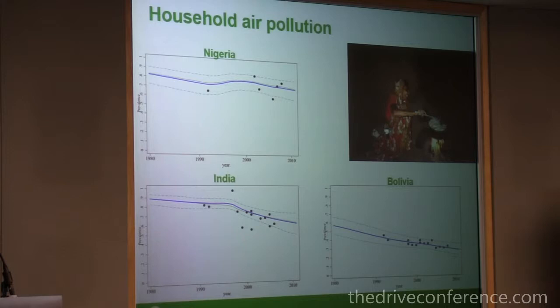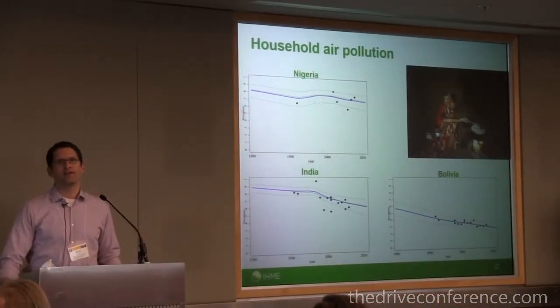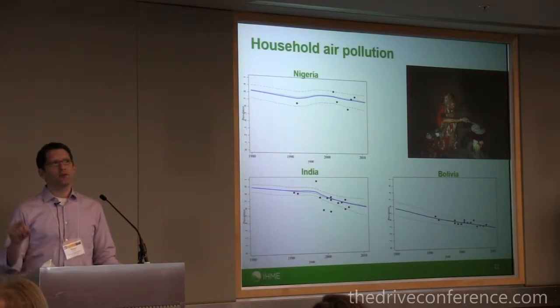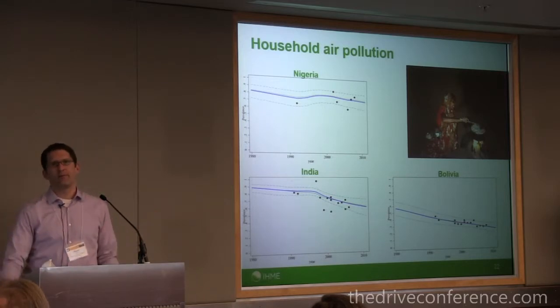So are you actually extrapolating back to 1980, even though you don't have any data points there? We are, but the GBD only has published estimates for 1990 and 2010. So we only have two data points, and we do have the full time series, but we're really focusing on 1990 and 2010. But even in the absence of data points, yes, we're imputing the entire data set. Every country, age group, and sex will have an estimate. The confidence intervals just get very wide in these instances. But we think that it's better to base decisions on very sparse data and a lot of assumptions than to have no frame of reference at all.